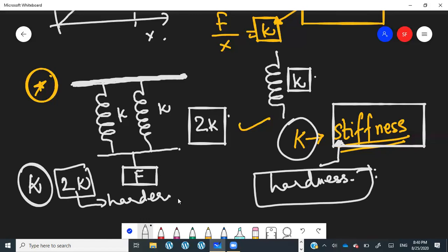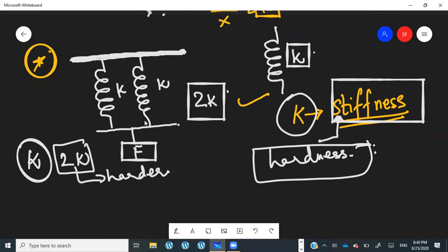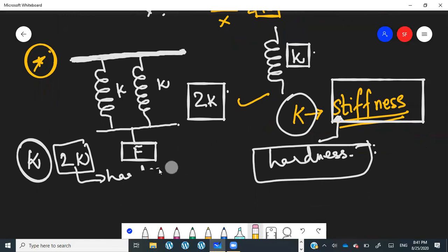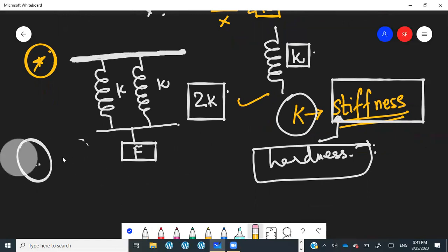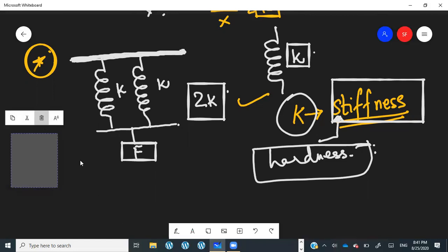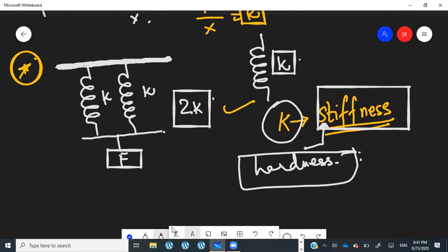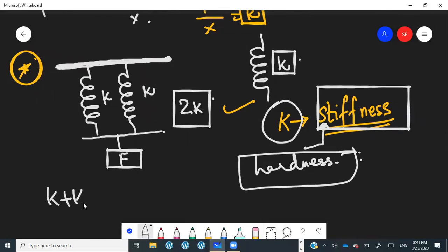Now, if you know this, tell me, when these two springs are attached in parallel, will they be harder to extend or easier to extend as compared to this single spring? Harder to extend. Yes, they are going to be harder to extend. So harder to extend actually means the spring constant is going to become greater than this single spring constant. Is that so? Yep. So whenever you have two springs in parallel, their spring constants are going to get added and you'll get the total spring constant 2K.